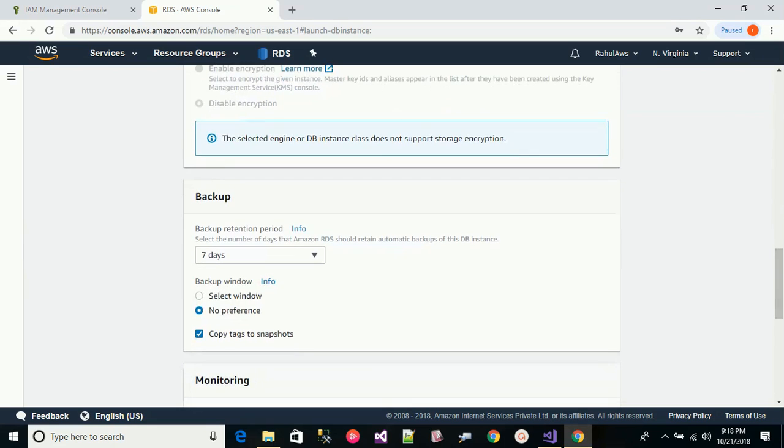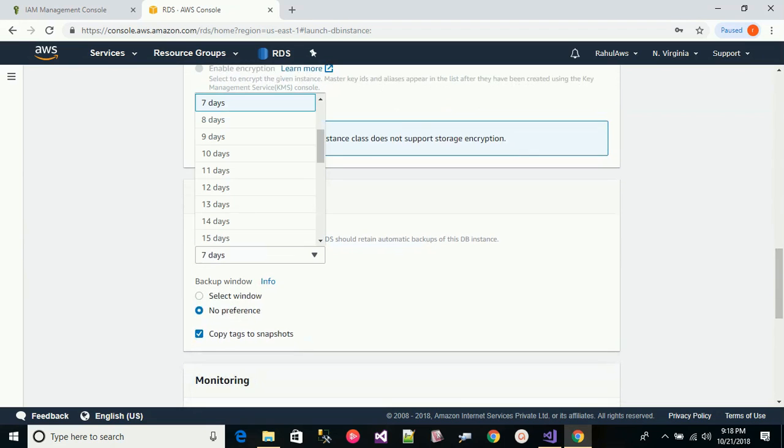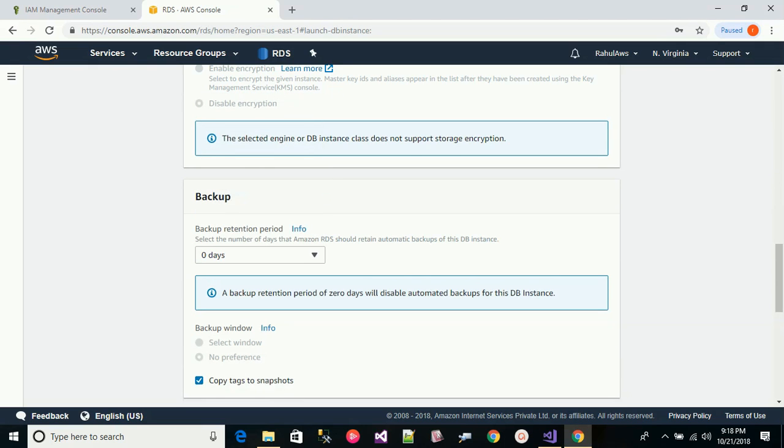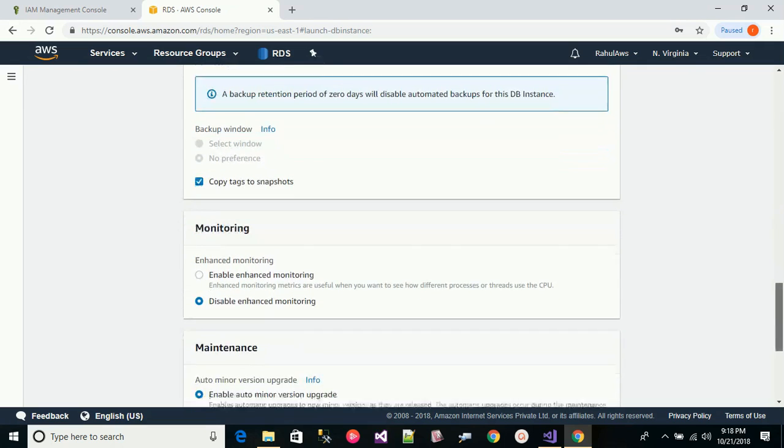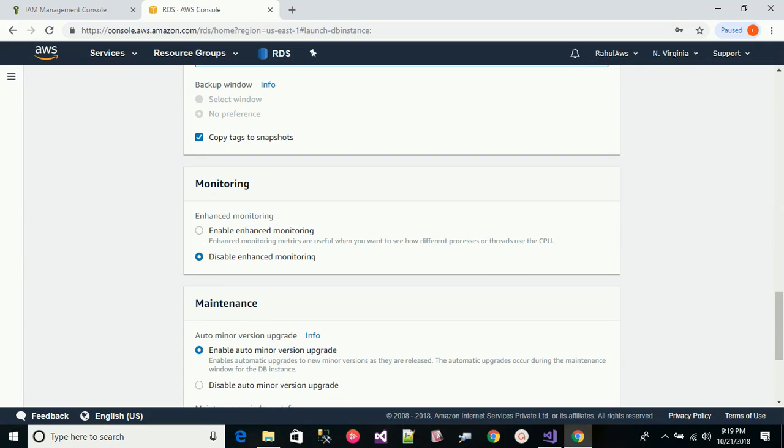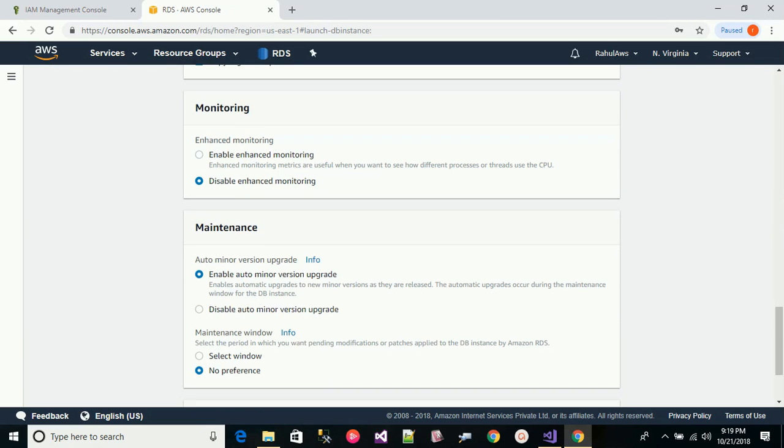Now backup retention period, I'm making it 0 because I'm just creating this database for demo purposes. I do not want any backup for this. By default, we have enabled the enhanced monitoring, and I'm also disabling auto minor version upgrade. So leaving all this,